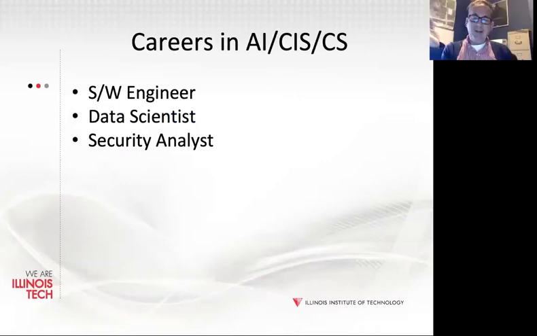So the breadth of careers with a computing degree is just unbelievable. We listed that many of our students' first job is some sort of software engineering related. Now that's expanding a lot. We have both our AI degree and a specialization in data science. Data science is a very popular field now also. So we are more on the analytics side, using machine learning, things like that. We also have a good specialization in security. So some of our students are working in the security area. Now these three are not limiting you. I'm just saying these are the three largest fields for usually someone's first job when they graduate with a bachelor's